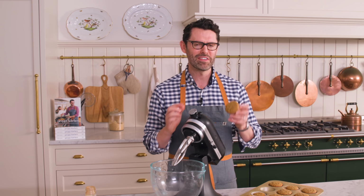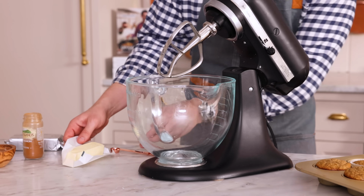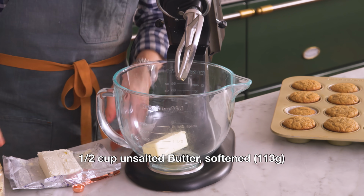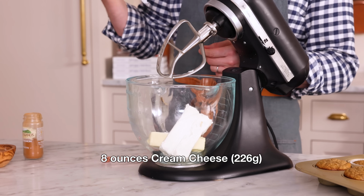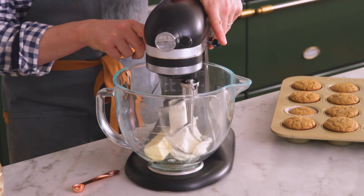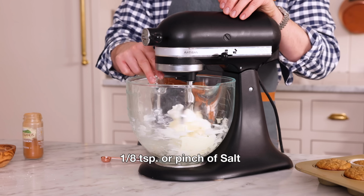My cupcakes are out of the oven and cooled to the touch. They smell amazing too. So now let's make a delicious cream cheese frosting. We're gonna have 1/2 cup of room temperature unsalted butter, 113 grams, 8 ounces of softened cream cheese, 226 grams. I'm gonna start mixing this up. And while it mixes, I'm gonna add in a nice pinch of salt, 1/8 of a teaspoon-ish,